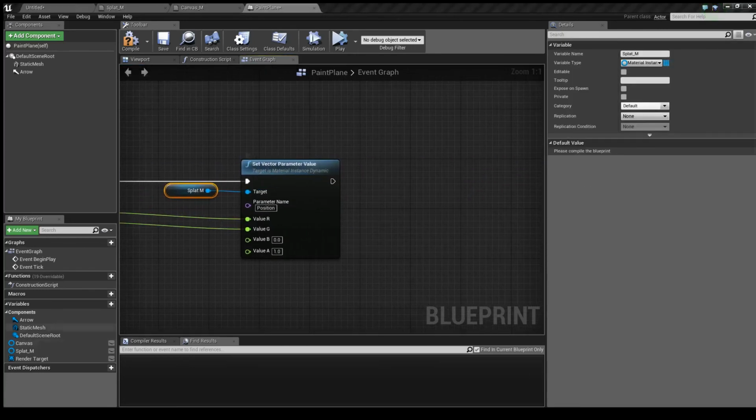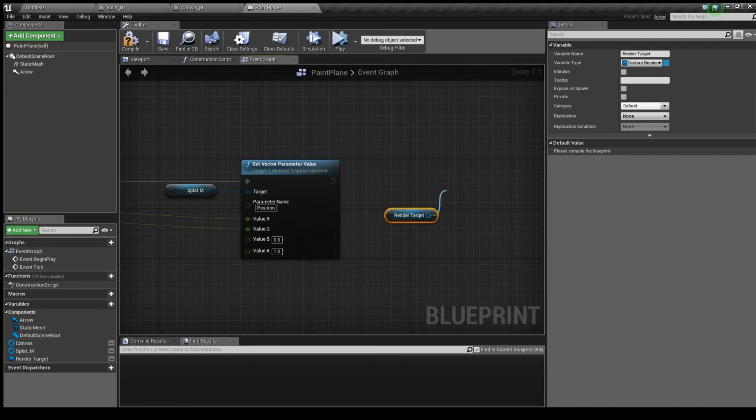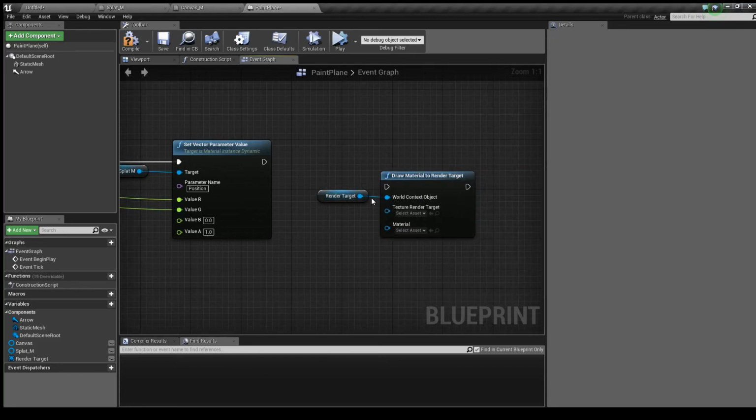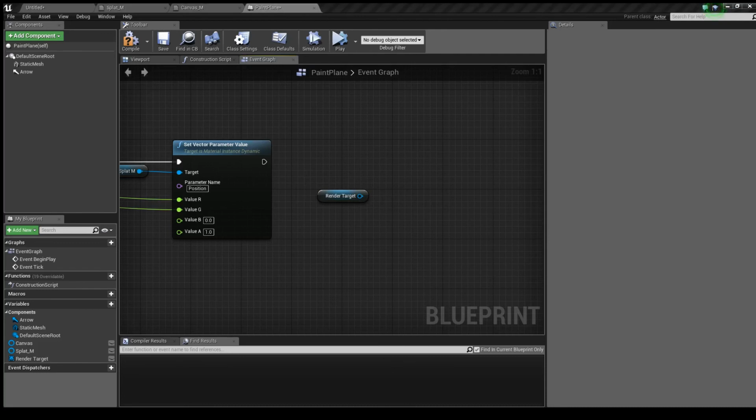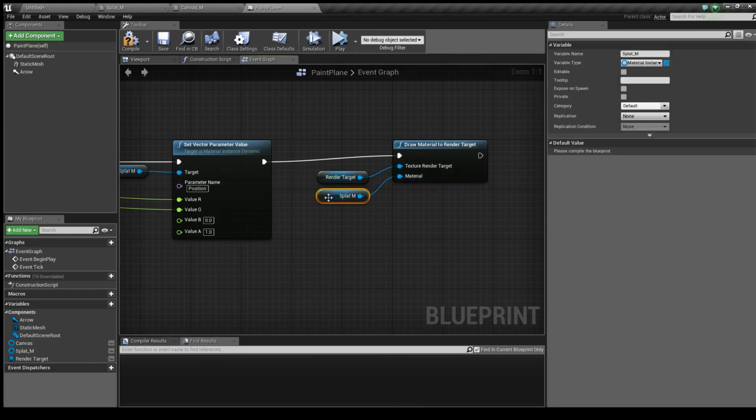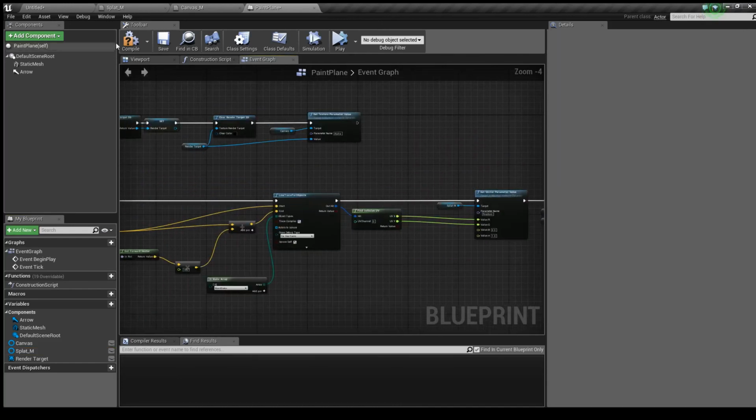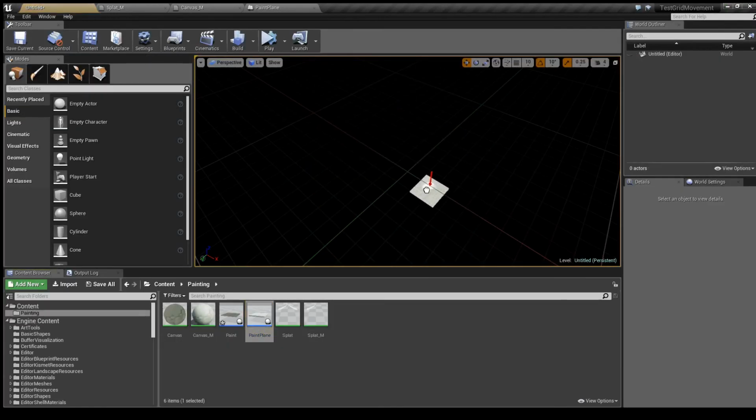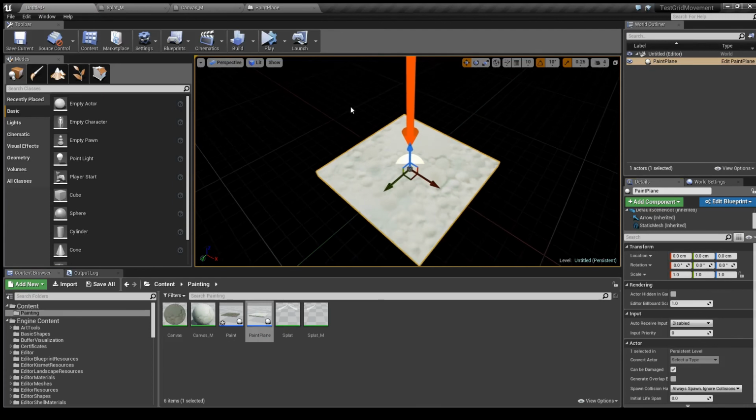And then finally, we'll get our render target. We'll then do draw material to render target. No, I don't want that one. Draw material to render target. We'll then plug in our render target. And then last but not least, we will plug in our splat material. And that's it, we are done for this blueprint. We'll compile and save. We'll delete the example one to see if I've done this all correctly. And then if we simulate,